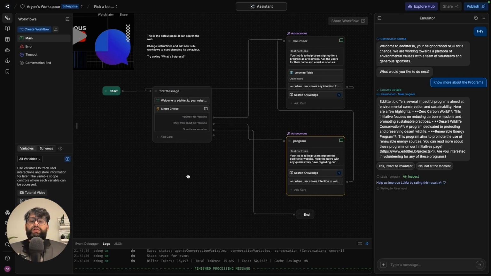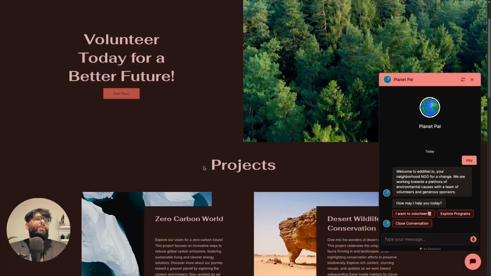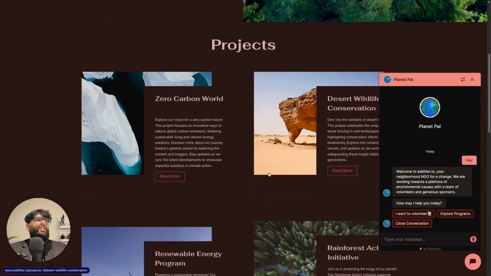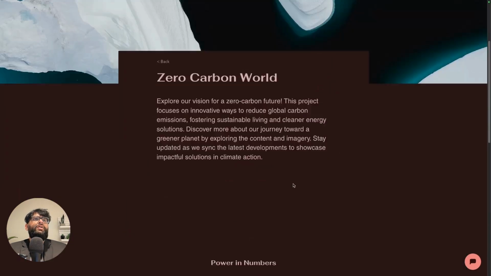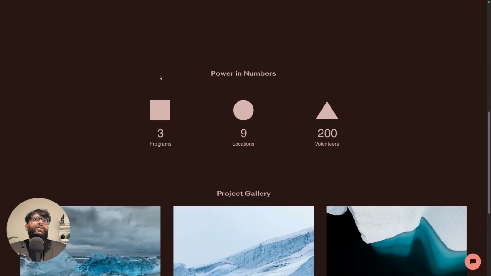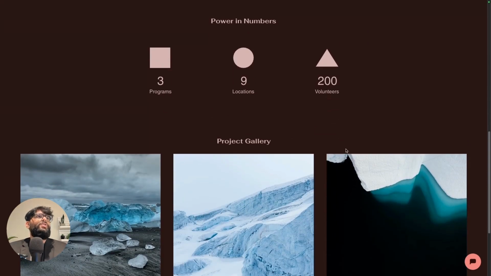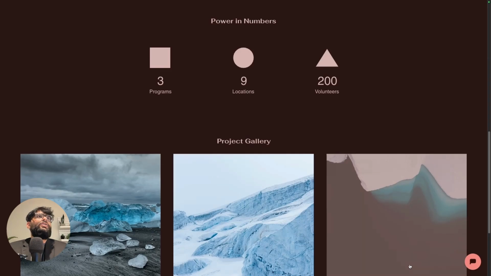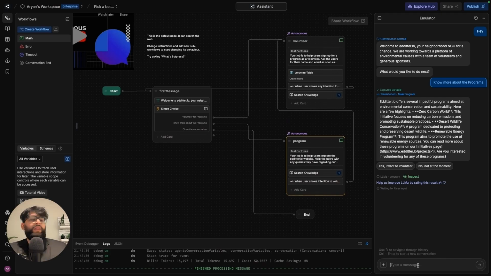So what we can do is check out if this information is correct. From here, let's try to ask it very specific questions about the website. Say the zero carbon world. There are some numbers here which denote the number of programs going on under this, locations and volunteers. So let's ask it, how many volunteers do you need for zero carbon? And how many locations do you have to